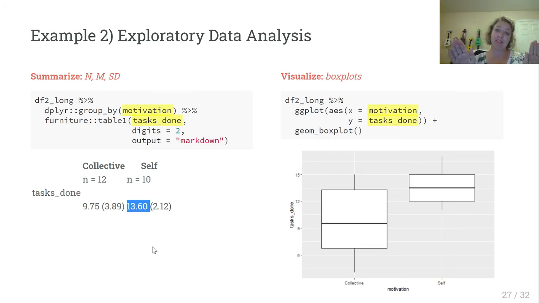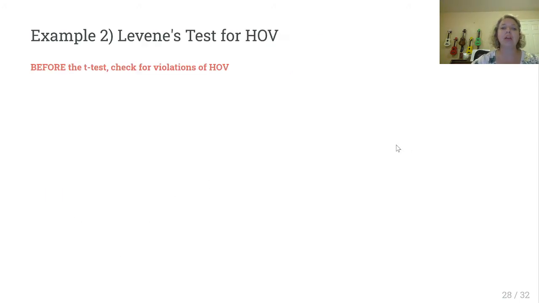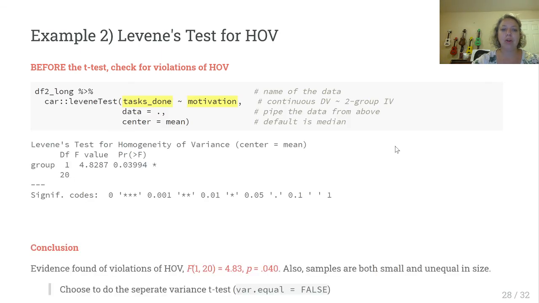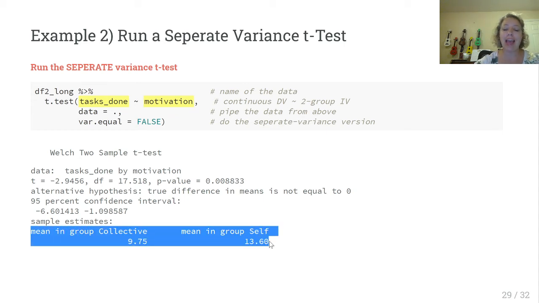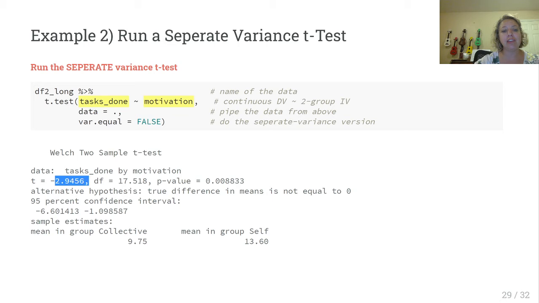If we had done it non-alphabetically, with self first and collective second when we subtracted, we would have gotten the same number, but it would have been positive instead of negative. So for that reason, when we do a t-test for two groups, we usually do not report the negative sign on the t-test because it only reflects the order of subtraction. Instead, we would usually report the actual means and then the t-value as an absolute value without the negative sign, the degrees of freedom, and the p-value.